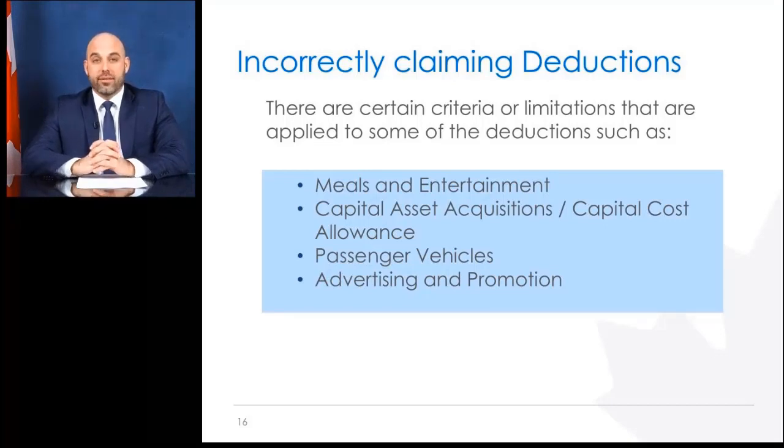Capital asset acquisitions. If you acquire an asset, it has to be claimed on line 203, cost of acquisitions during the year, as an acquisition on Schedule 8, capital cost allowance, CCA, of your T2, and in that first year, the 50% rule applies. The asset can then depreciate at the maximum CCA rate designated for that specific class.